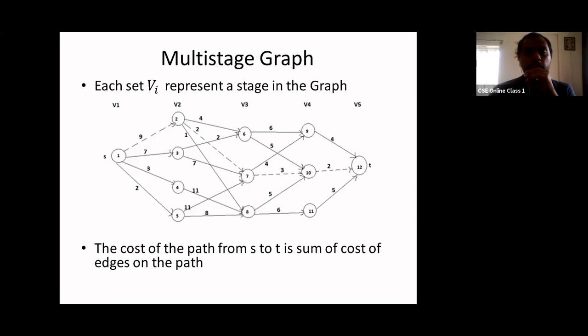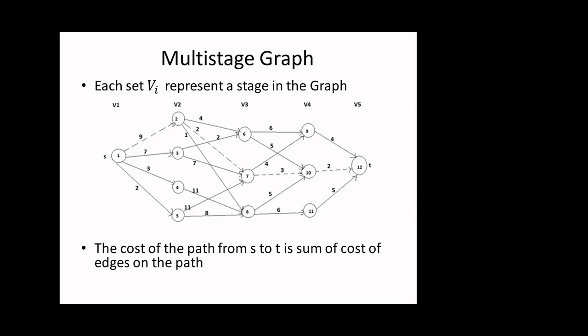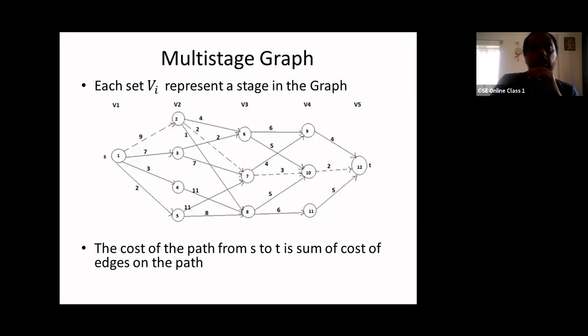Am I right? Yes, sir. So there can be a path originating from a source and terminating at the sink, that is T. For example, we can also have a path from 1 to 3, 3 to 6, 6 to 9, and vertex 9 to 12. So we can also have a path of this type. We can also have a path of 1 to 4, 4 to 8, 8 to 10, 10 to 12. So there can be many feasible solutions.